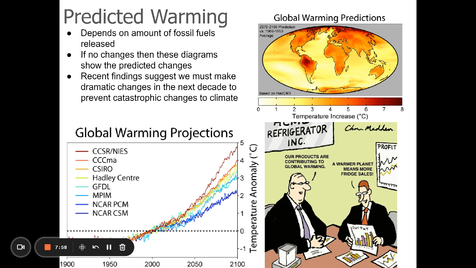Depending on which of those scenarios we follow, we might hold our warming to like 1.5 or 2 degrees. That's not great, but it's better than 5 degrees or 4 degrees or 3 degrees. And so how do we address, what can humans do to limit our emissions of fossil fuel, of greenhouse gases? Like how can we shift from warming of 5 degrees to warming of 3 or 2 degrees? Do you know what some of the actions that can do that?